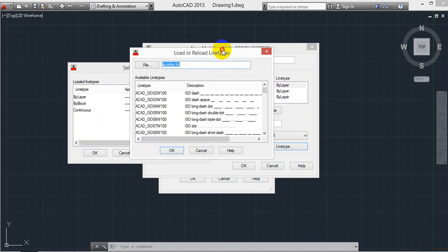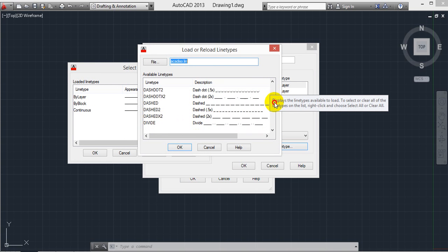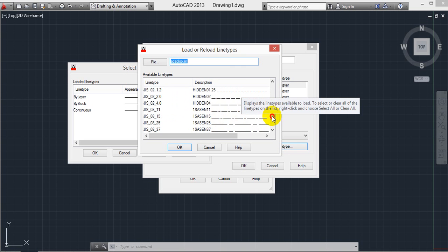Next, scroll down. After scrolling down you can see a number of line types here. For example gas line type, hot water supply, these are used in plumbing and electricity.